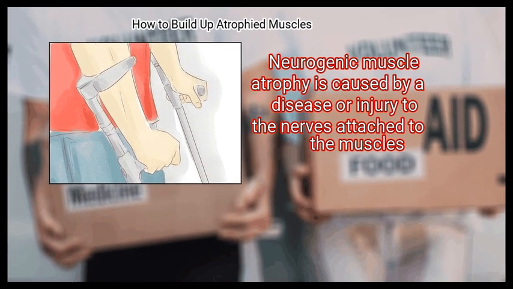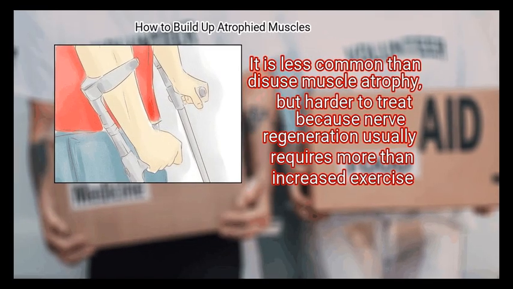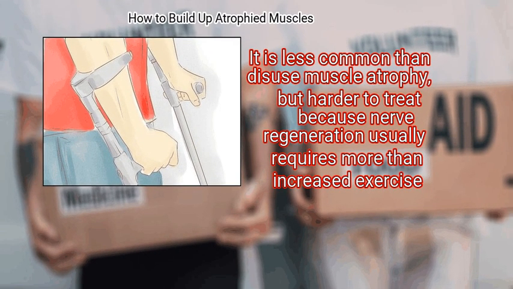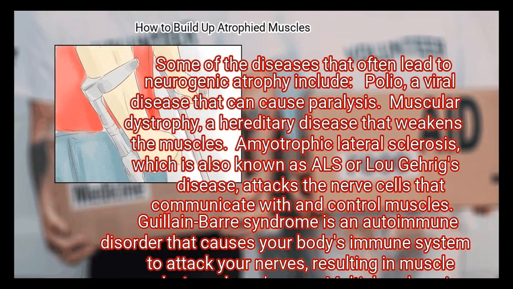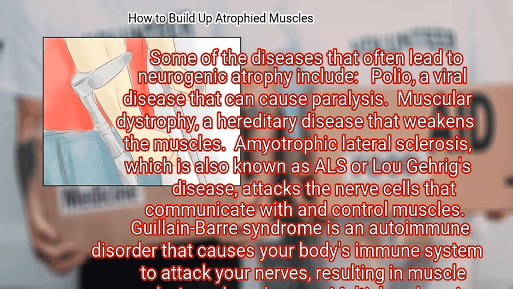Step 3. Understand the causes of neurogenic atrophy. Neurogenic muscle atrophy is caused by a disease or injury to the nerves attached to the muscles. It is less common than disuse muscle atrophy, but harder to treat because nerve regeneration usually requires more than increased exercise. Some of the diseases that often lead to neurogenic atrophy include polio, a viral disease that can cause paralysis;